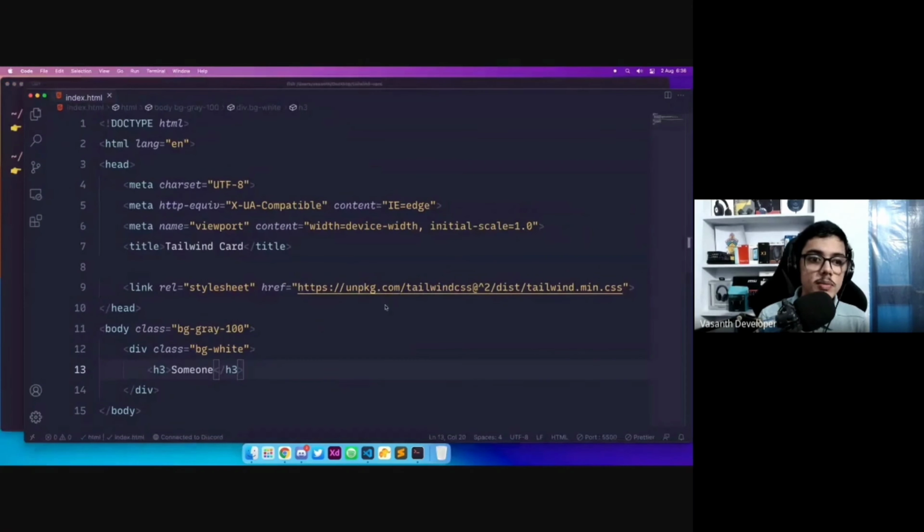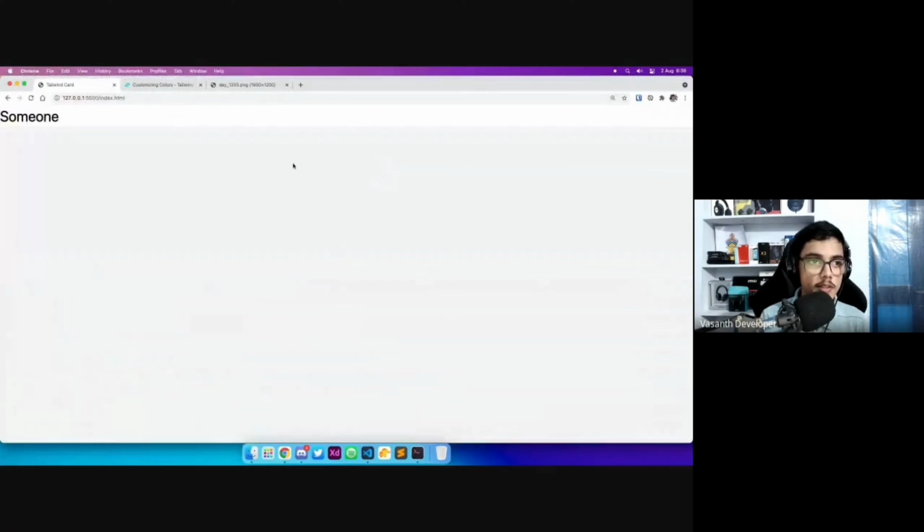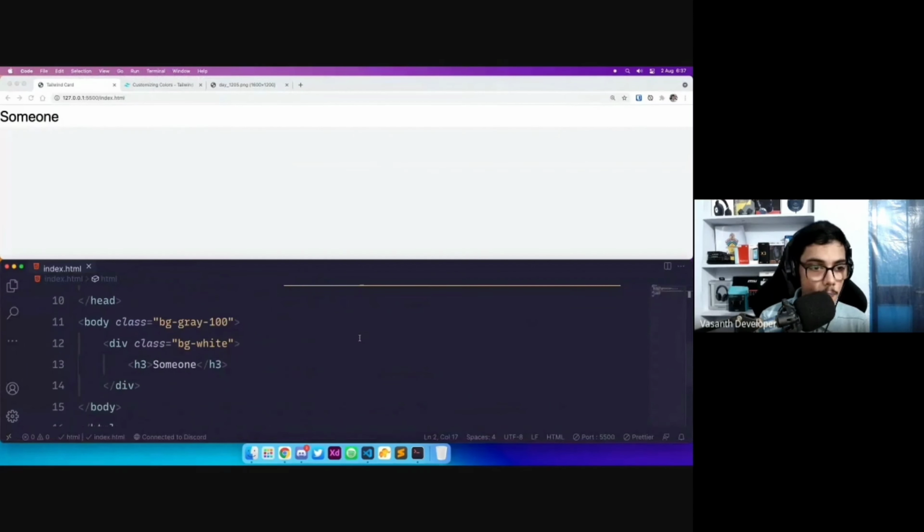Would it be possible that I can stack these together? Let me quickly see. Yeah, that's much better. Cool. So now that we have it, let's use Flexbox to center everything. First, just to make sure that my body is of 100% height or full height, I'm going to do H dash full. So H dash full, if I hover over it,